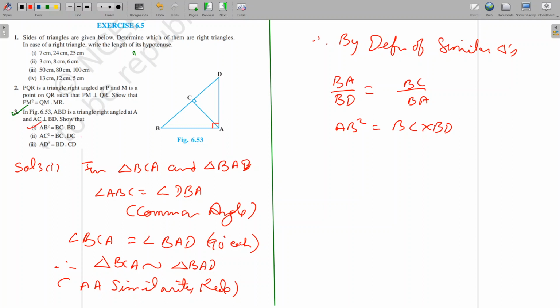And question number 2 is the same, so you will try on your own, as self trial. And in question number 3, third part, we have to obtain AD square equal to BD into CD. So the third part is also similar to question number 3 first part. Since we have to obtain AD square, we will take the smaller triangle with the side AD and the bigger triangle with the side AD. But it is very important for us to take the right order.